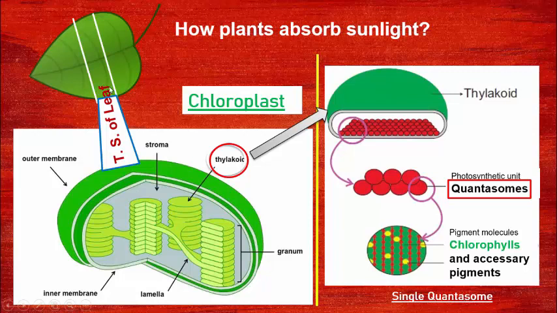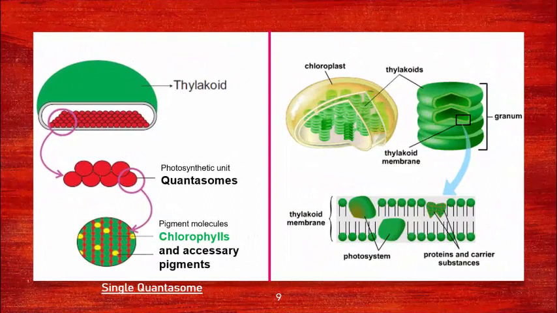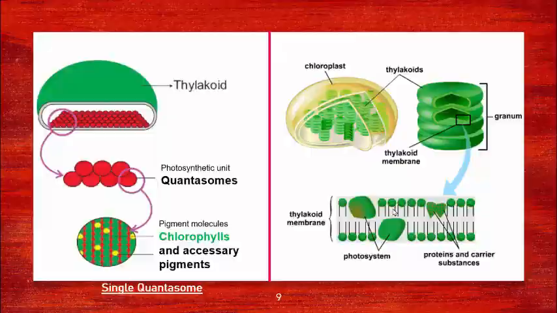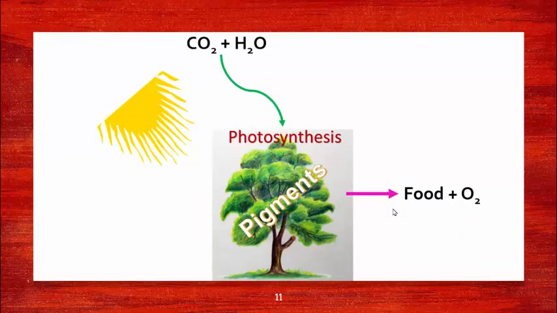Pigments are actually located on thylakoid membranes of chloroplast. Photosystem first and photosystem second, located on the thylakoid membrane, are made up of photosynthetic pigments, and these pigments are capable of converting sunlight energy to chemical energy as ATP and NADPH. We call it the light dependent reaction of photosynthesis. These ATP and NADPH are utilized for the formation of glucose in the dark reaction, that is, the light independent reaction. Let's go into the details of photosynthetic pigments.